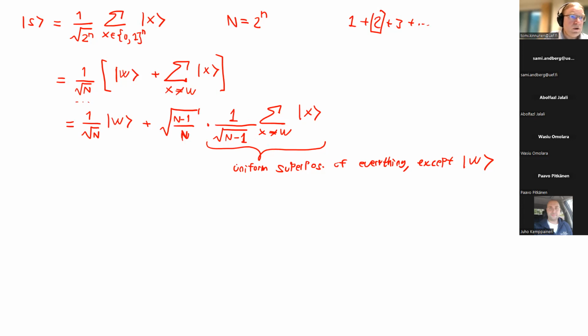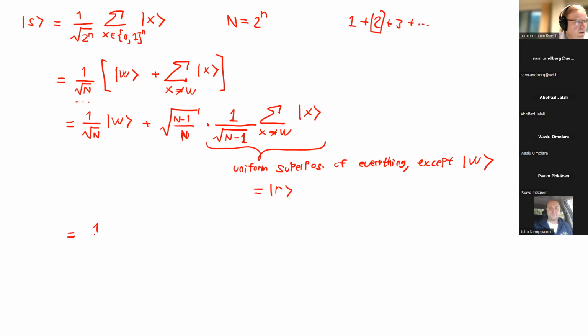But in the end, it's just some vector formed from the computational basis. So how about we give this a name? Let's call this one R, just for the rest. It's just one vector in the end when you collapse this sum.